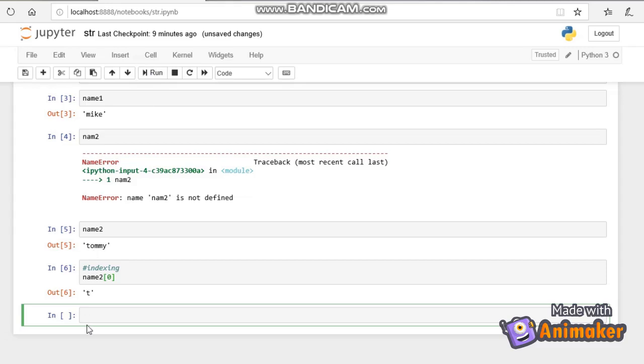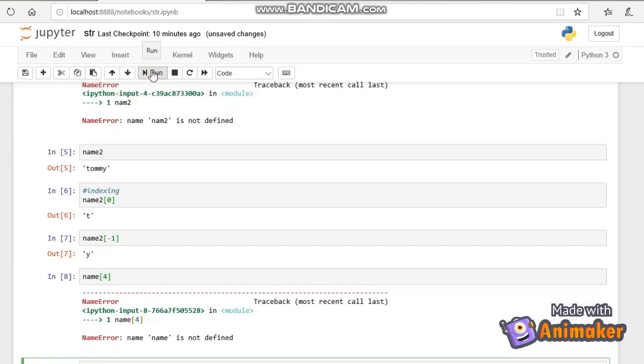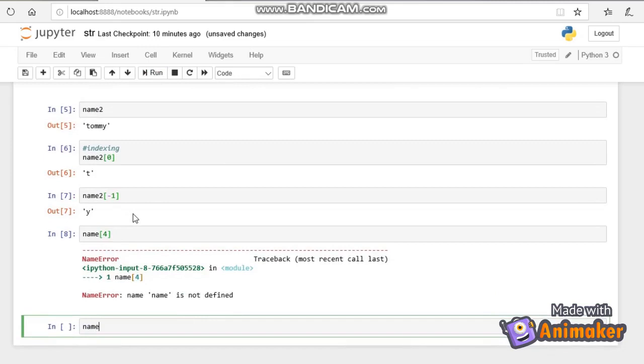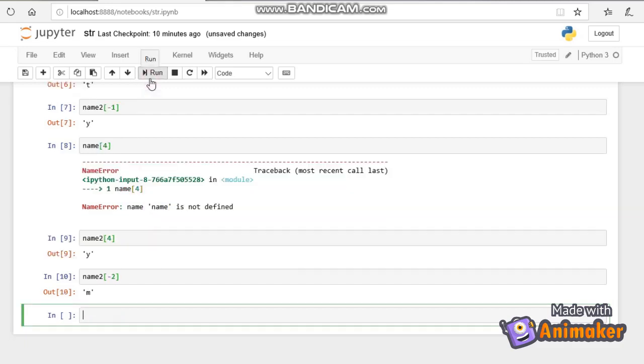And if I access via reverse indexing, I will get Y, which is the last character. name2 of 4, I'll get Y. So name2 of minus 2, if I put, I'll get M. So this is the forward indexing as well as reverse indexing.